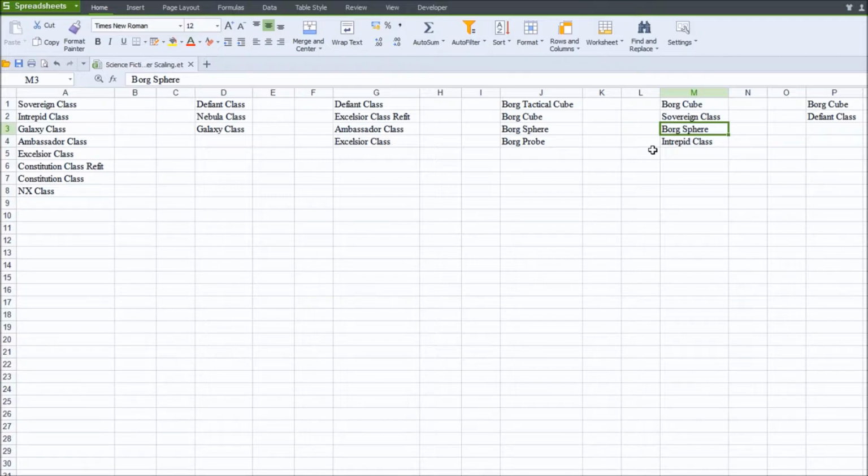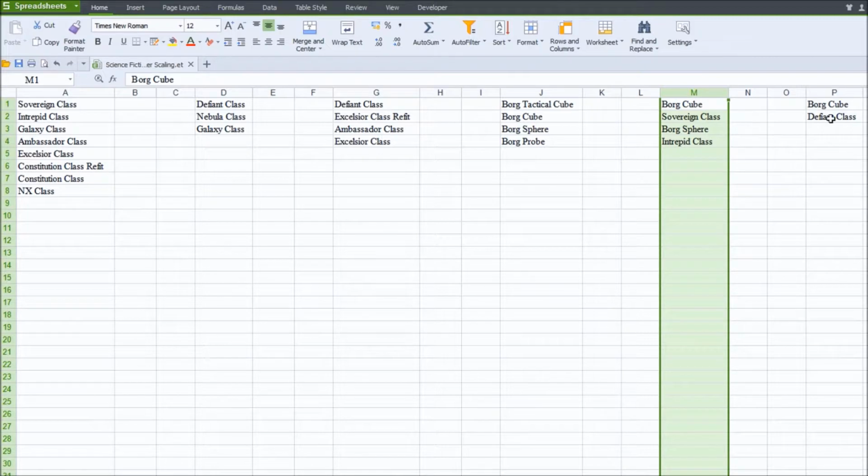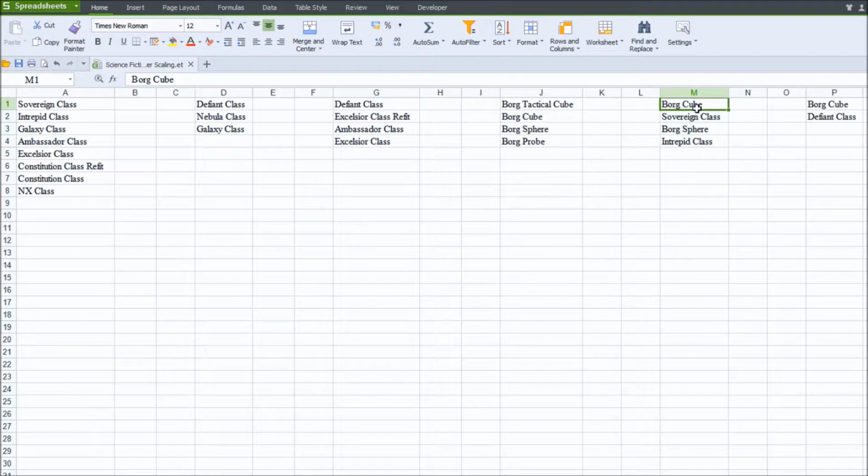Now, in the movie Star Trek First Contact, hopefully I didn't say Insurrection earlier, somebody's going to be triggered if I did, we see the Sovereign class and the Enterprise E, and the Defiant, which is a Defiant class, which relates to power scale column P over here. We see the Sovereign class and the Defiant class and several other Starfleet ships go up against the Borg cube, and they eventually defeat the Borg cube at the Battle of Sector 001 by